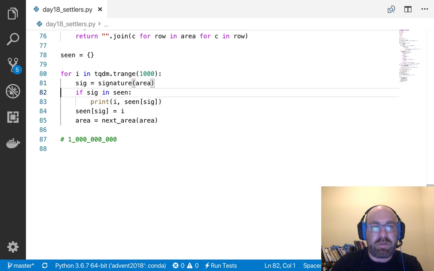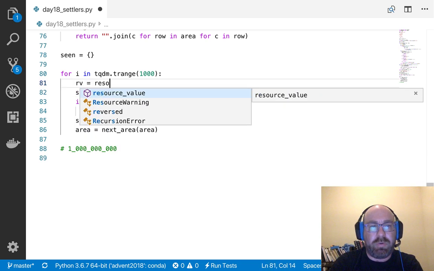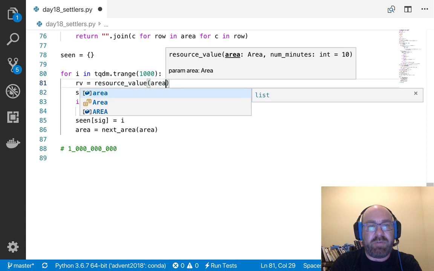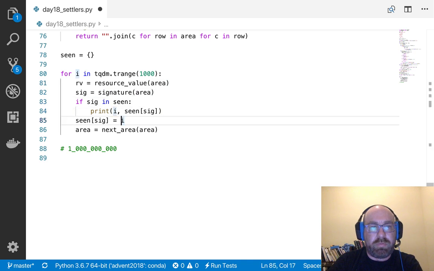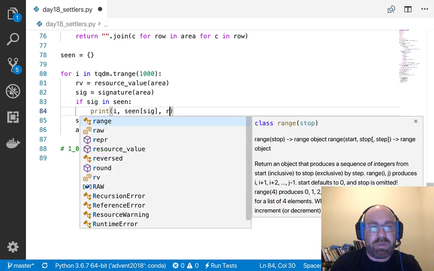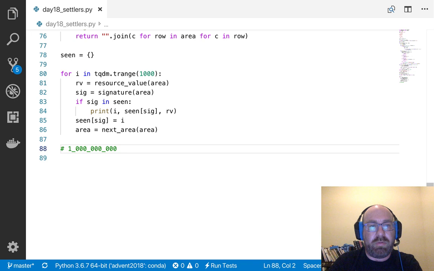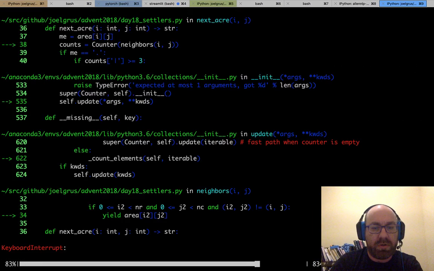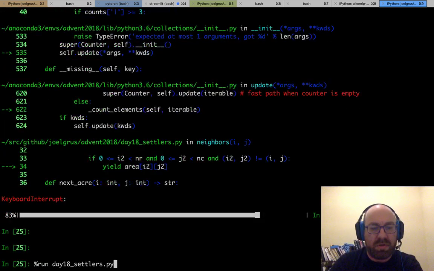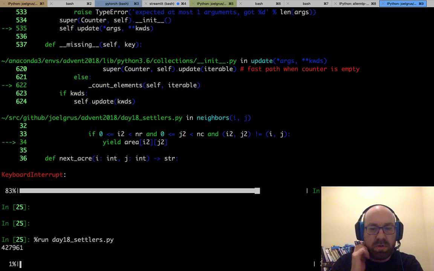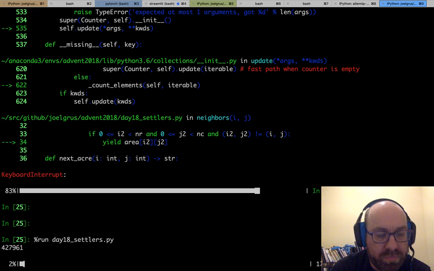So let me print, and let me say RV equals resource value of area, then print I, scene sig, RV. Let me just run this and see what happens.